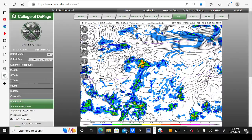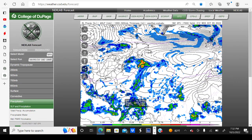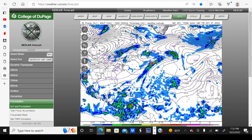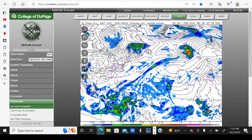Looking at the GFS model, the GFS model shows Invest 91L bringing rain to Trinidad, Tobago, the Southern Windward Islands, and Venezuela, and going forward, also skirts across the northern Venezuelan coast, hampering its development through Friday, and the GFS model moves it into the southwestern Caribbean by Saturday